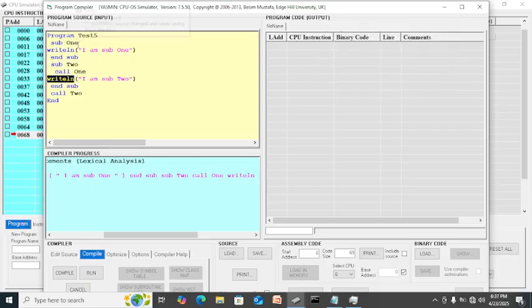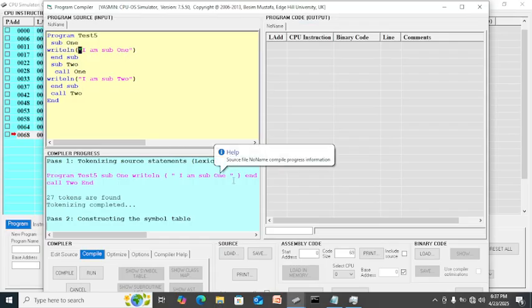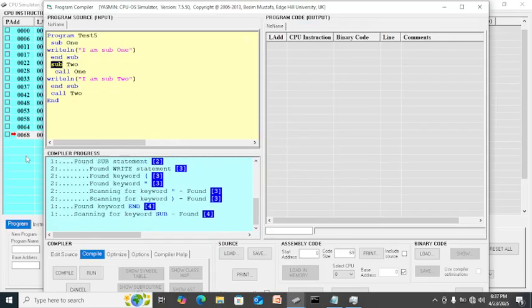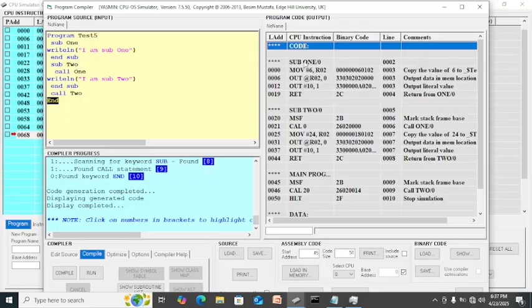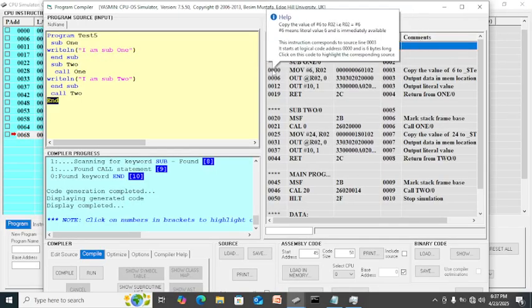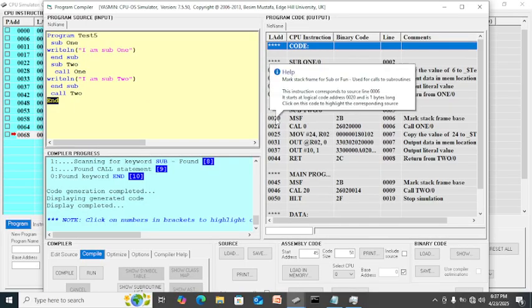I am sub 1, I am sub 2, and here you delete that, remove all the programs. So we are in test 5. As you can see, our sub 1 starts at 0, sub 2 starts at 20.